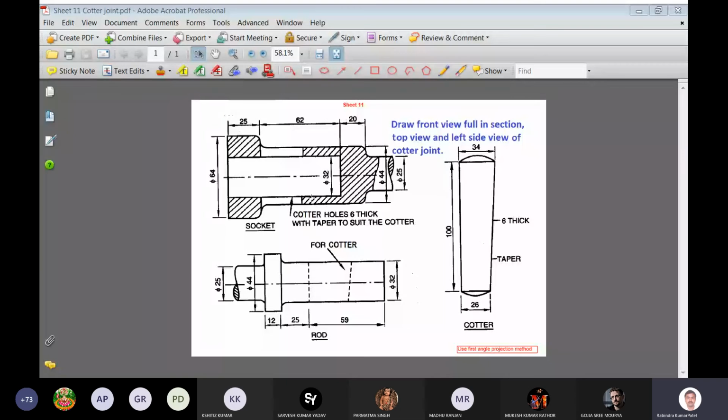Whenever we push it and put more force, then due to the inclination it will keep on getting tight, getting fixed with the socket and the rod. Otherwise, if we use the same cross section without taper, it will not provide additional tightening in the socket and rod, but here you can provide the additional tightening due to the taper. Okay, sir.